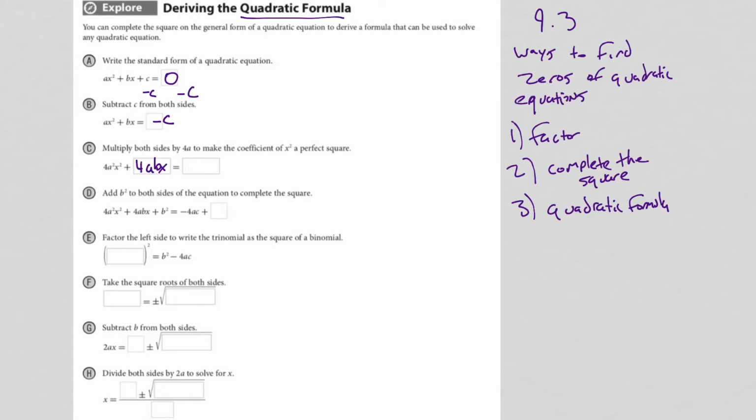And all that's going to be equal to negative c times 4a, so negative 4ac. And then, remember the formula was like b squared over 4 times a, to add to this thing? Well, in this case, b squared,